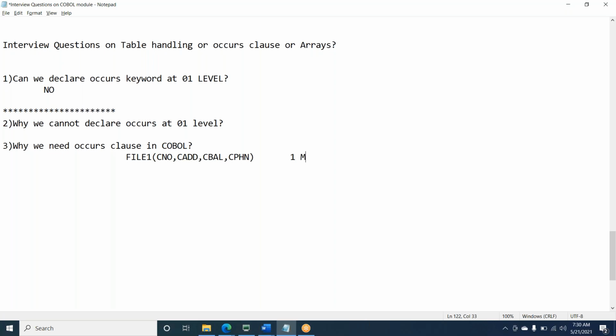Now there is a file 2 which has 1000 records, and in this only customer numbers are present. So I want to check whether these customer numbers are present in file 1 or not. So I have to do it through a program.